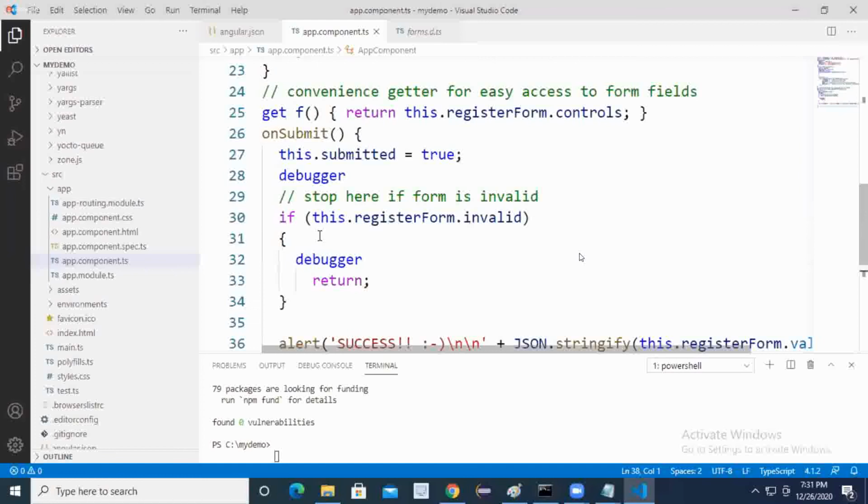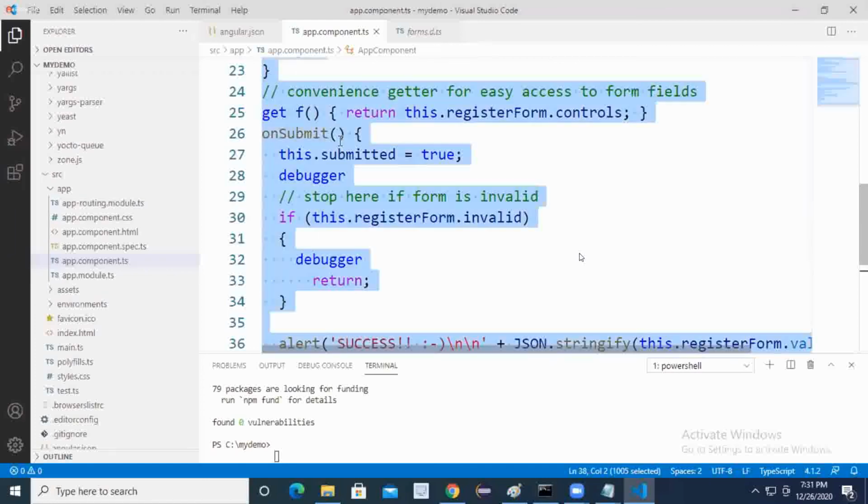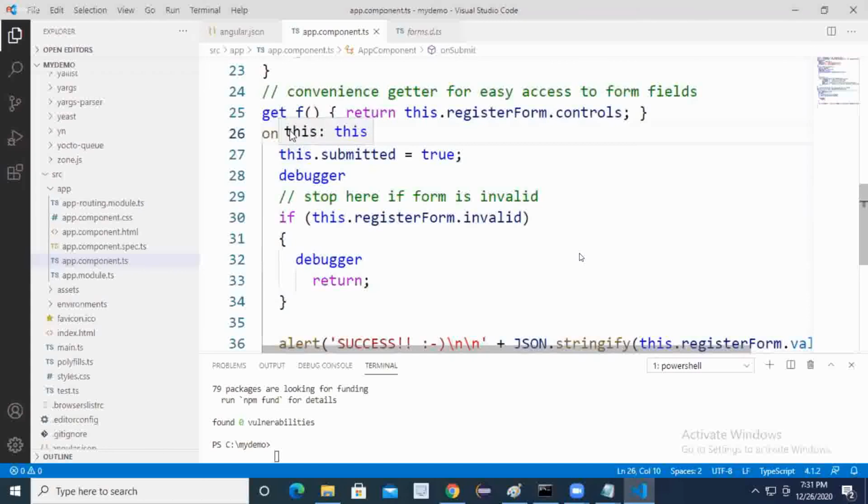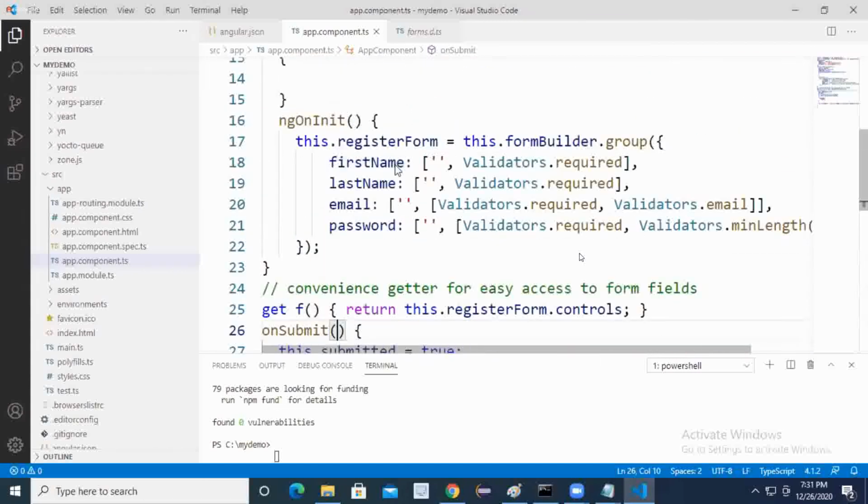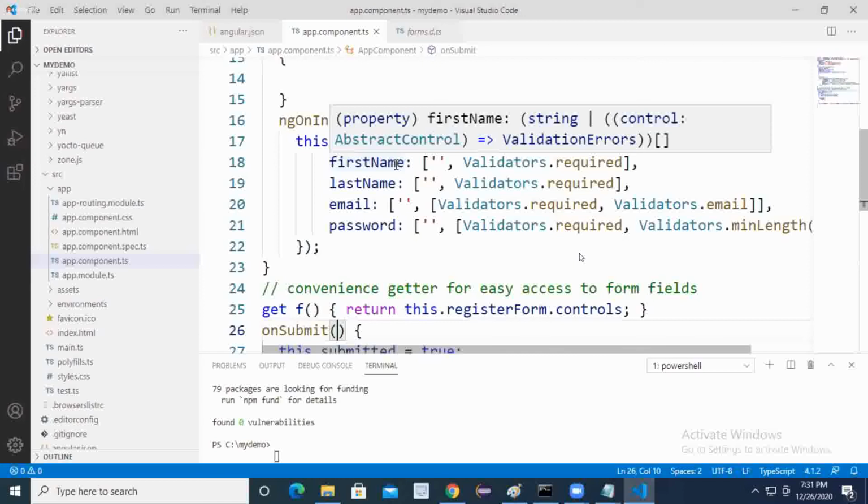Did you understand? Why am I using this getf? I will tell you once again. Did you understand, everyone? By default, when you run, the user will open the browser and enter the URL. Then the user will type ng serve -o. Whenever he types ng serve -o, what will happen? Control will go to app.module.ts.